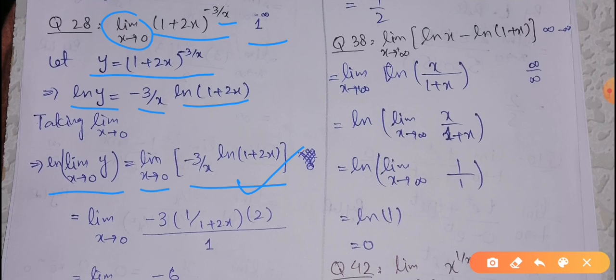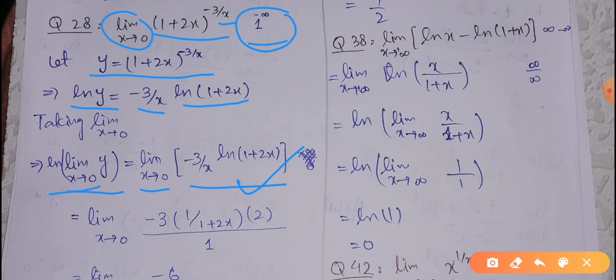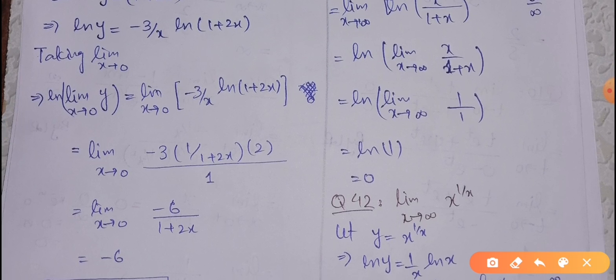Now we will solve this expression to find the limit. Now, limit x approaches 0, here we get -3 times, obviously we are going to apply L'Hopital's rule, because we have the indeterminate form, and we have taken ln on both sides just to make sure that we shift the expression into fraction form. So here we apply L'Hopital's rule. Taking the derivative of the numerator, which is basically -3 as it is. The derivative of ln(1 + 2x) is going to be 1 over 1 + 2x, and the derivative of the base is 2, and the derivative of the denominator, that is x, is 1. So here is the result, and taking the limit x approaches 0, we get -6 as an answer.